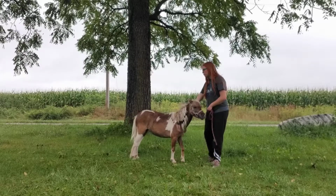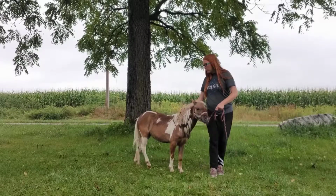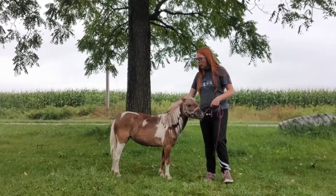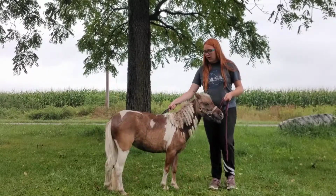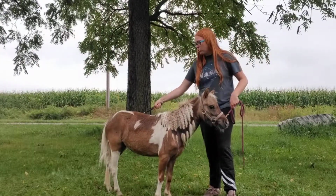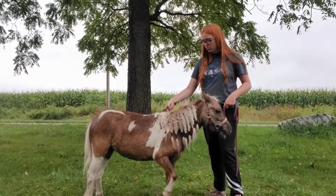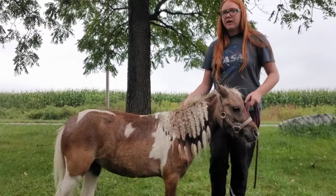Like that. Come on. I'm going to tap her hind end to move her butt over. There we go. Good girl. There we go. Good girl, Penelope. Okay, so I'm going to ask her